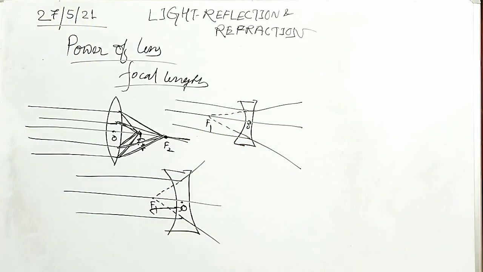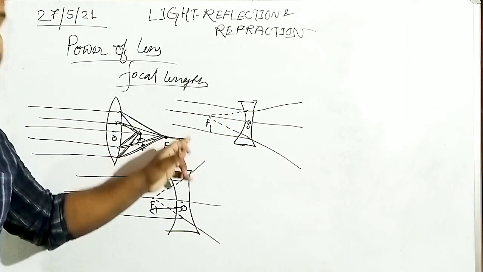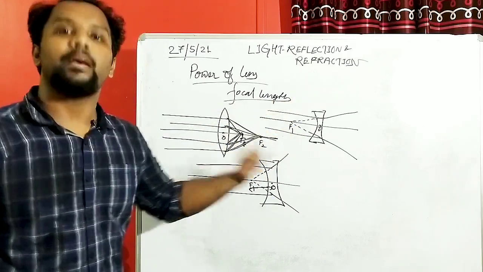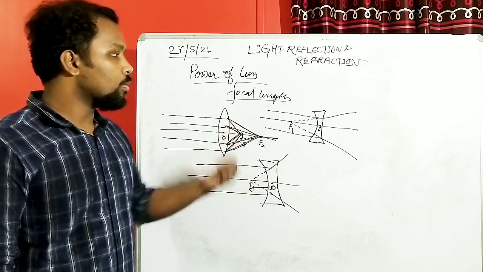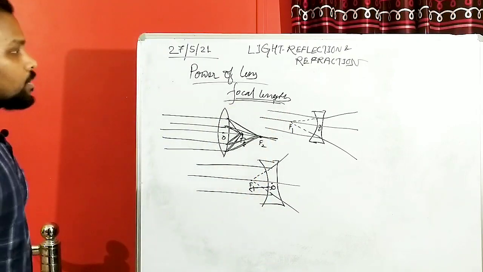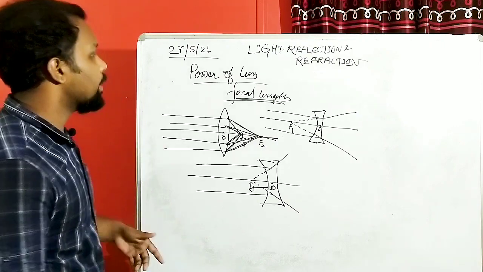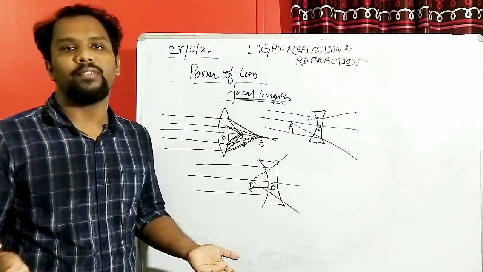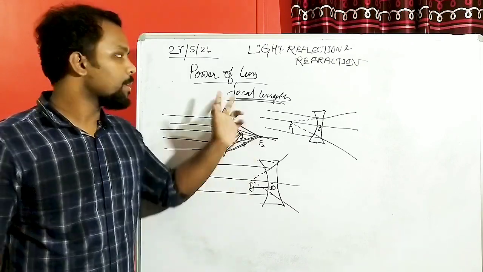That means what is actually happening? In this case, where the focal length is a little bit high, that divergent ray is getting less divergence, right? So it actually depends on the focal length. The focal length makes the lenses more converging or less converging, or more divergent or less divergent. So this is the main fact.